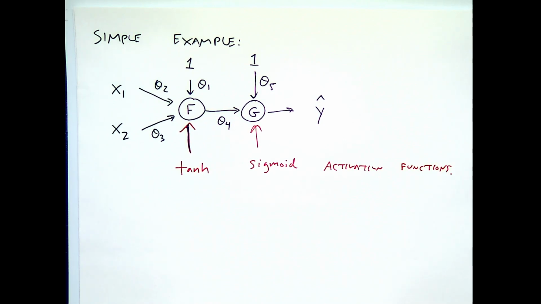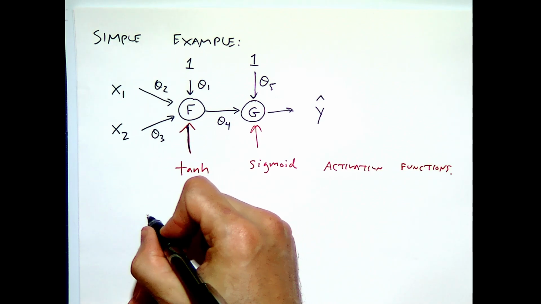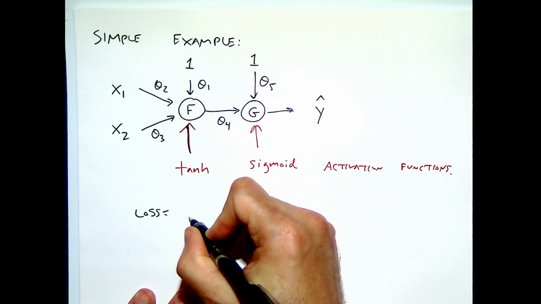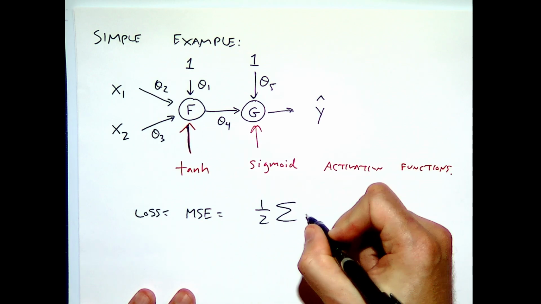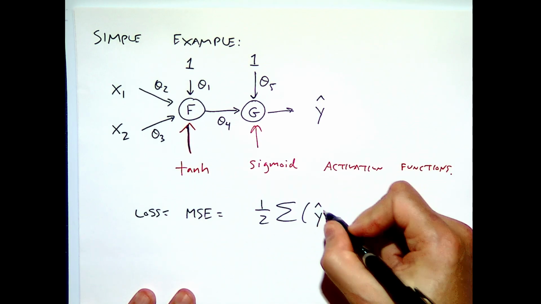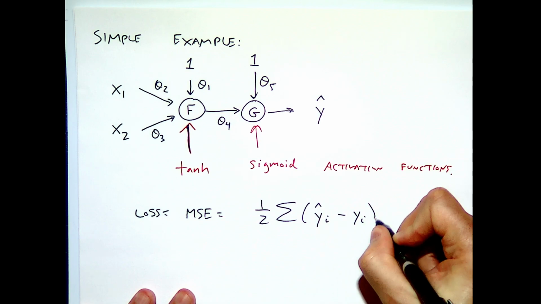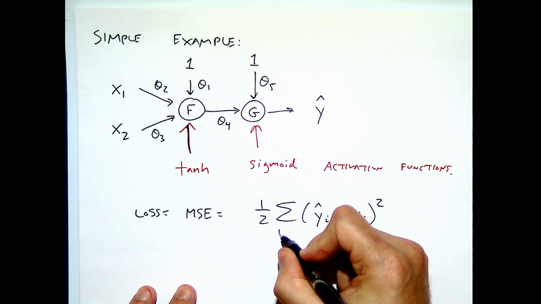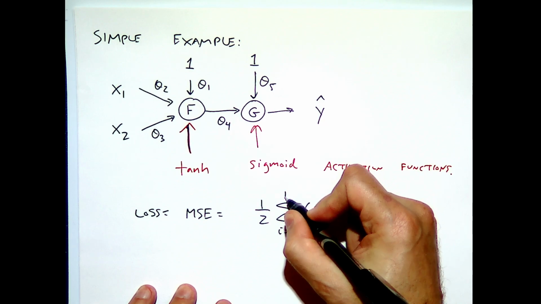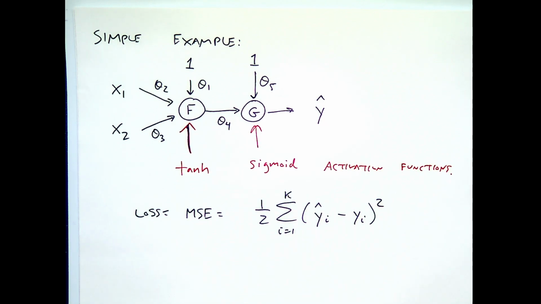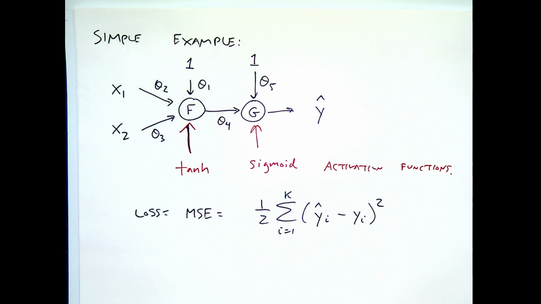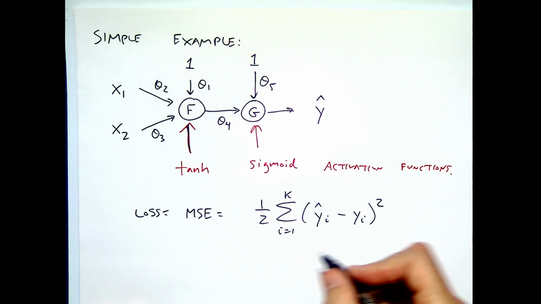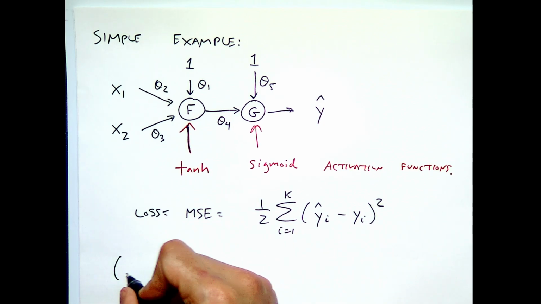And then let's say that our loss function is basically the mean squared error, which is going to be 1/2 the sum of the squared differences between the predicted outputs and the true outputs, for however many samples I have. And so if I think about expanding out what one of these loss function terms looks like, what's actually happening is I have basically,